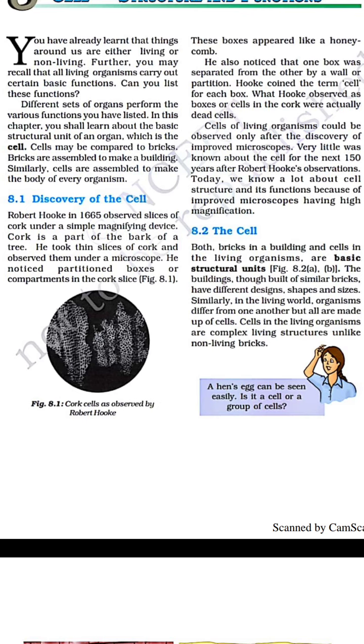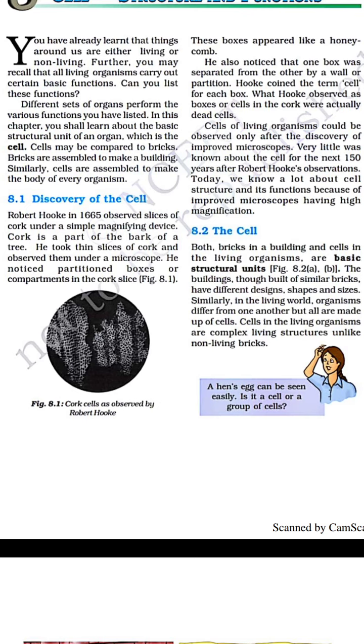Because the cell is the smallest unit present inside the organ, we can see it with the help of a good magnifying object. With the help of the improved microscope and high magnification, we can see the small compartments, or the cells, of living organisms. In today's century, we know a lot about the cells of living organisms, and we can now see images of them, because of the improved microscope and high magnification devices.